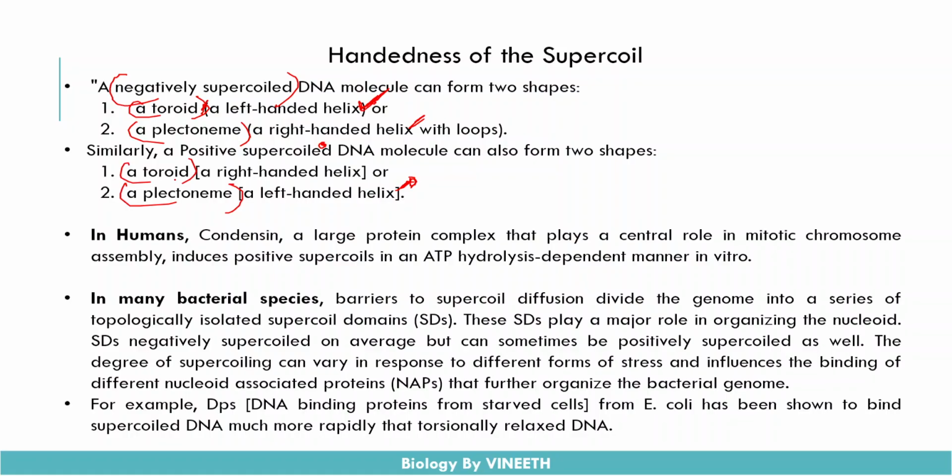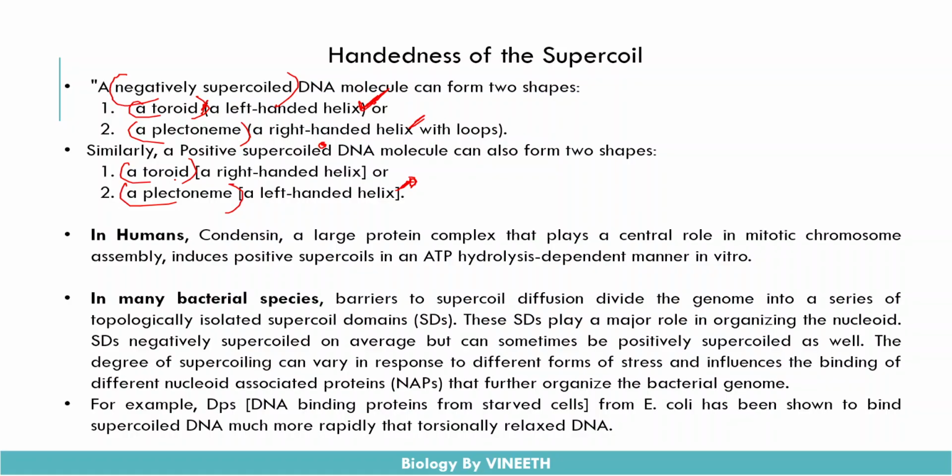The toroids and the plectonemes: both right-handed and left-handed DNAs adapt the toroid forms and the plectoneme forms, but the supercoiling is different for the toroid and plectoneme forms of right-handed and left-handed DNA. So in the case of negatively supercoiled DNA, left-handed DNA has toroid forms, and right-handed DNA will have plectonemes. Similarly, in the case of positively supercoiled DNA, the right-handed DNA helix will adopt the toroid forms, and the left-handed DNA helix will adopt the plectoneme structures. So this is how the handedness of the supercoil differs